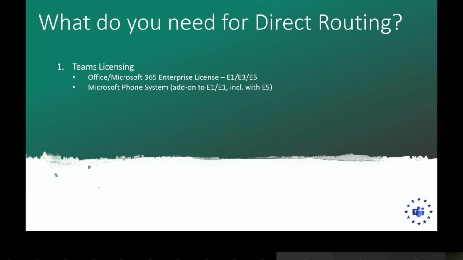However, to get phone system, you need an add-on, and it's called the phone system add-on. It's just added on to existing licensing. Right now, you can add it on to E1, but it's actually E1/E3. But phone system is included with the E5 license. And that's needed for every user that's going to use telephony, whether they want to make a call or not. It's also required for any user that needs to receive a call from an Auto Attendant or Call Queue.